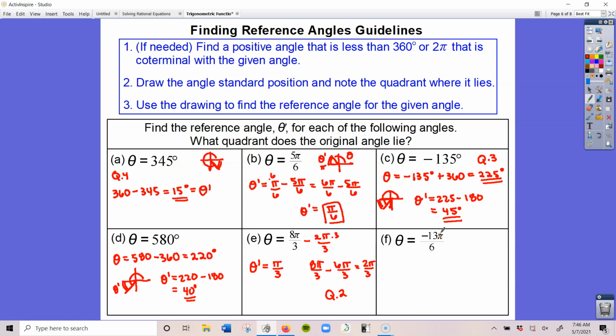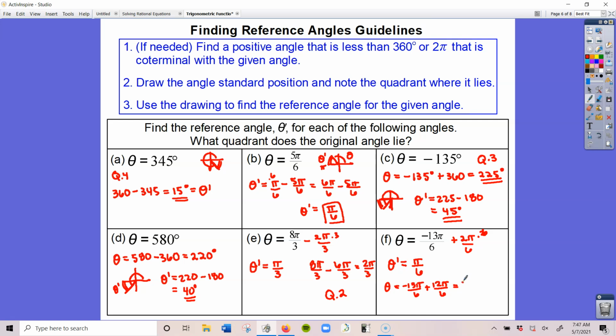Last one here, we have theta is equal to negative 13 pi over 6. Now again, I don't really need to do much work to figure out my reference angle. That's going to be pi over whatever the denominator is, which is 6. But I will need to know what quadrant this is located in. Since this is a negative angle, I'm going to want to add 2 pi. I'll need to put this over 6, so multiply this by 6. And I would get negative 13 pi over 6 plus 12 pi over 6,